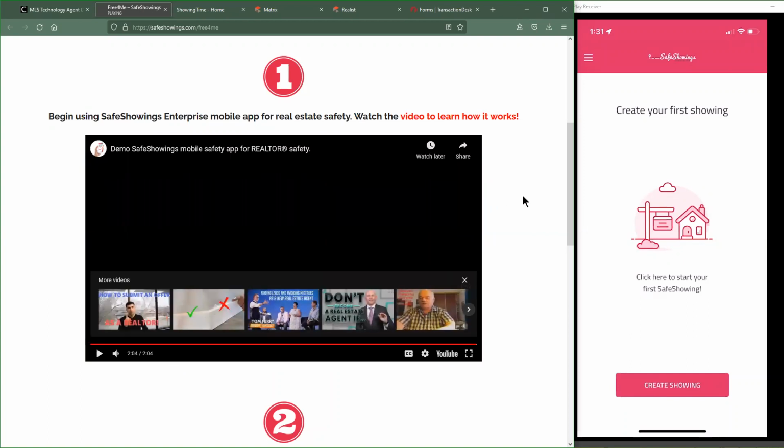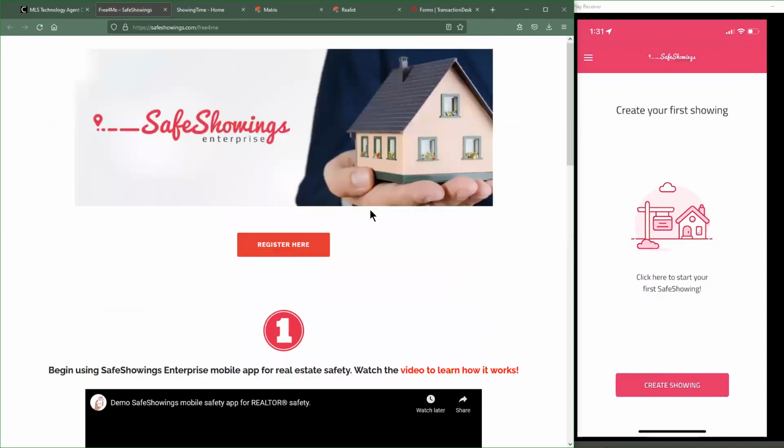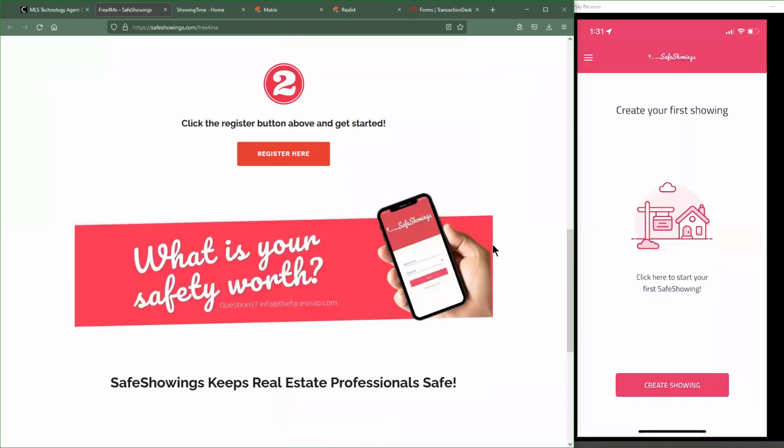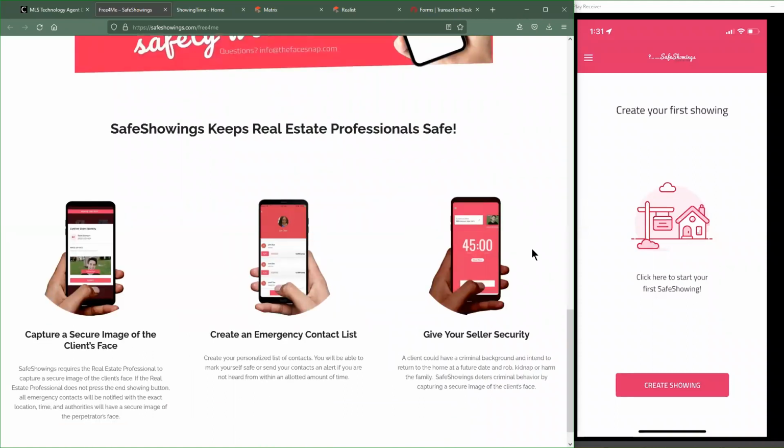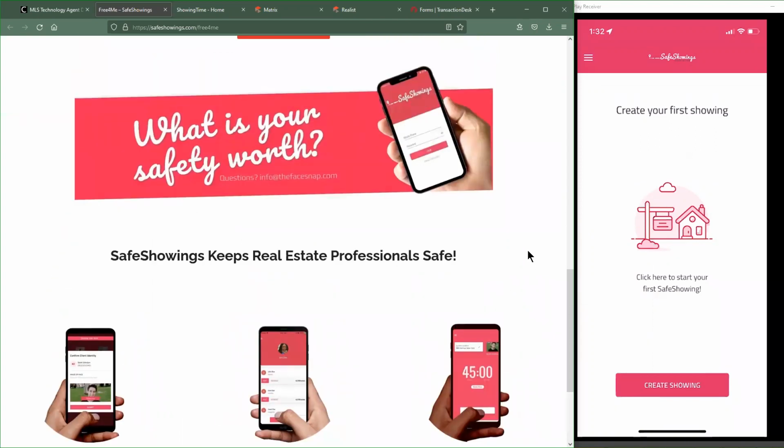All right, so that's just a little bit of a basic overview of this. Just for some background clarity on exactly why this was made, the woman that helped get this started, didn't develop it herself, but the one that initiated it, had a kind of dangerous experience with a client that she was working with. She went out for a showing, things got a little weird, and so she decided that she needed to find a way to make it so that people could actually keep track of this stuff and keep themselves safe.